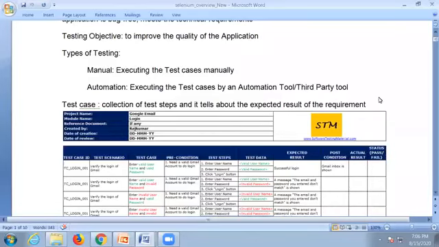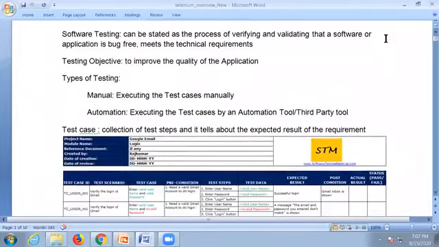Okay. Today it's my responsibility to explain the introduction of each and every topic in Selenium before we enter into the real topics in Selenium. Basically, let us remind you, as all of you know, in any software company,